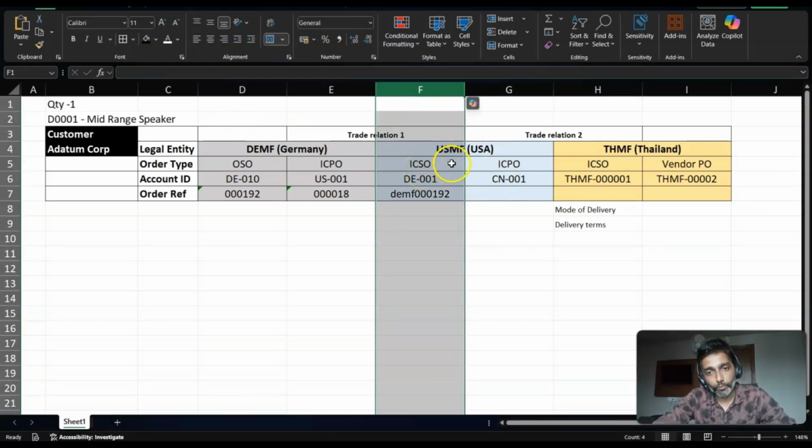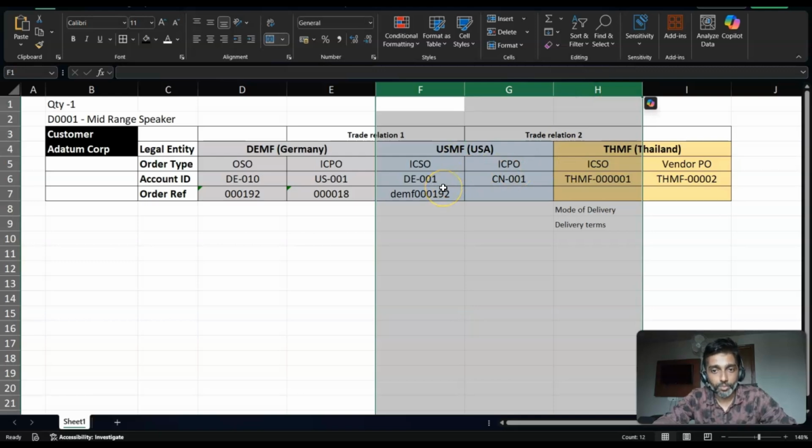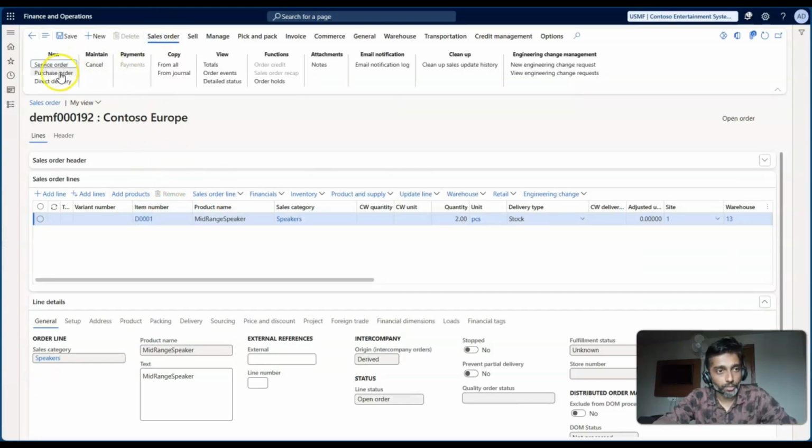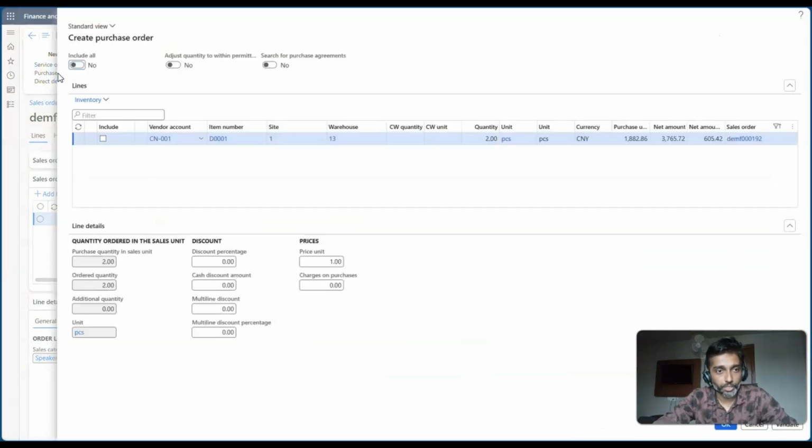Since we don't have the stock for USMF and this primarily intercompany order needs to be fulfilled by THMF, we need to once again build that intercompany chain. In order to do that, we will follow the same steps. You need to go to the sales order, click on purchase order in the new section,